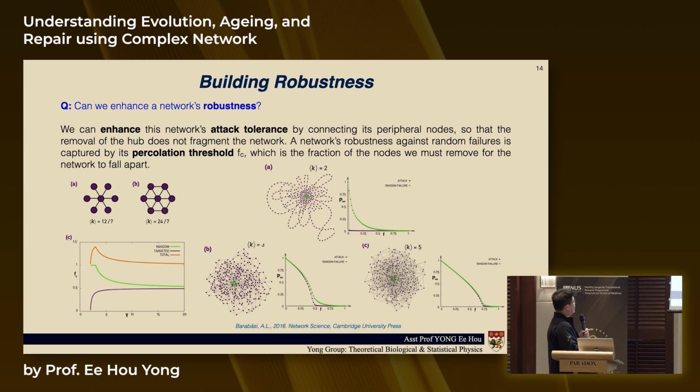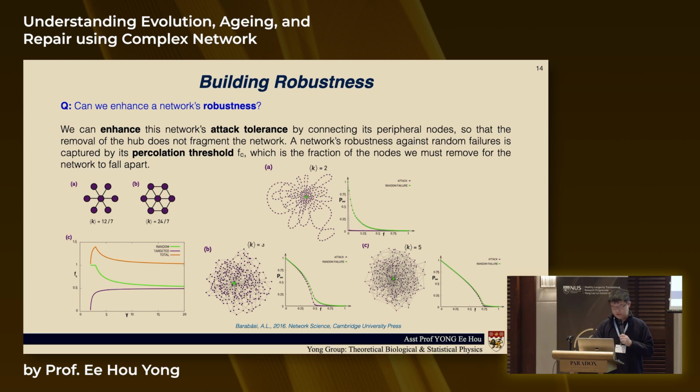Because if you think of this connectivity in terms of, let's say, a protein network, it could be that there are more pathways. If one of the proteins is missing, then you need to provide an alternative pathway, right? So that kind of reasoning is used in order to make something more robust.